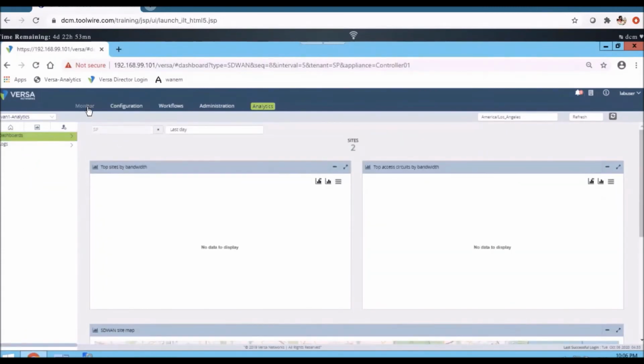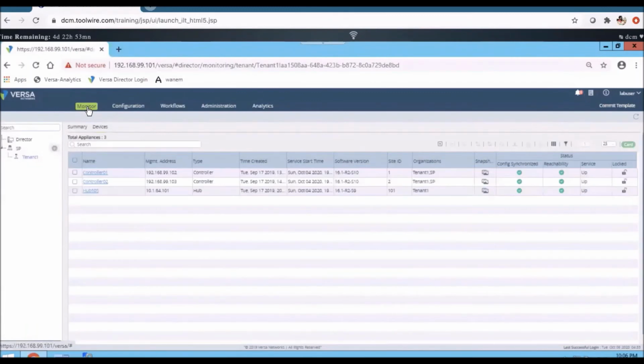You mean to say that all the logs are forwarded to the analytics, so you don't find any logs on the device only? Yes. In case analytics is down and I'm unable to access it, how is it not possible to get the logs of the device? See, once you have integrated branches with analytics, all the logs will always be forwarded to analytics. So you're talking about analytics itself being down.